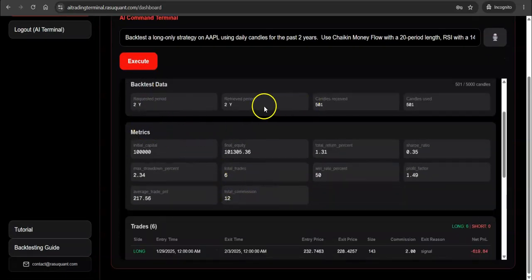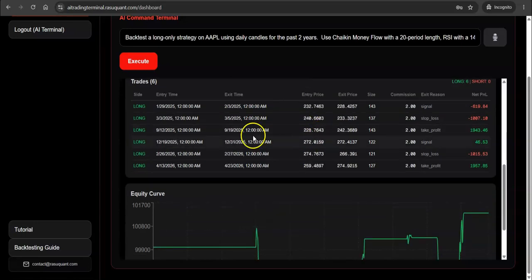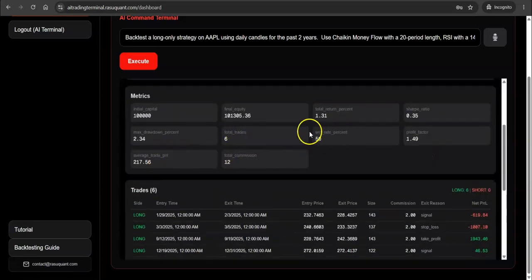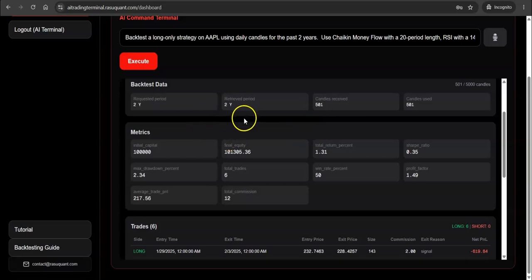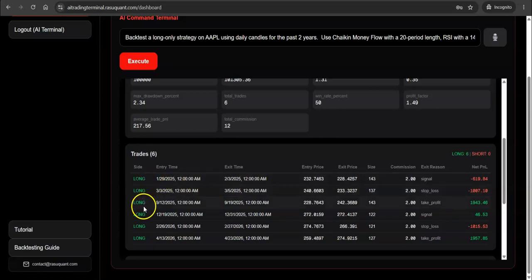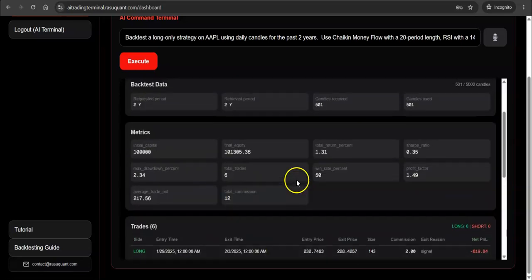This is over a 2 year horizon. And in this case, we didn't get a lot of trades. We only got 6 trades over a 2 year horizon. And that makes sense because our entry criteria was quite strict. It was a combination of 3 technical indicators. So the probability of that is definitely much lower than just having one technical indicator as a signal. All right. So in this case, we had 1, 2, 3, 4, 5, 6 trades, and we had a slight